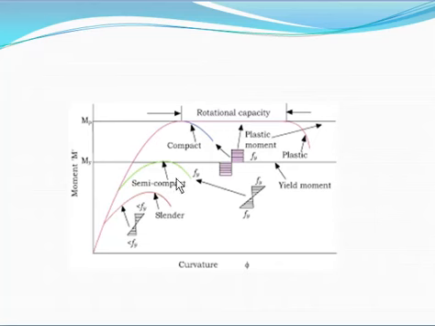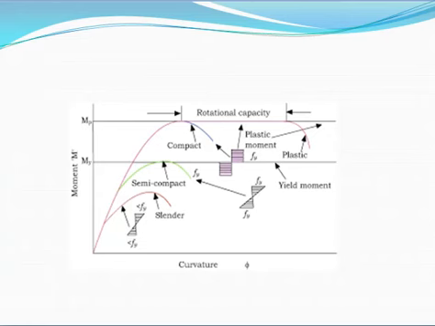Here, in the case of semi-compact, the material can get up to only the yielding point. The extreme fiber in compression can reach yield stress but cannot develop the plastic moment of resistance due to local buckling. In this case, semi-compact elements cannot reach up to the plastic moment of resistance. They are up to only the elastic capacity, that is the yield strength only. They can reach only up to the yielding point.